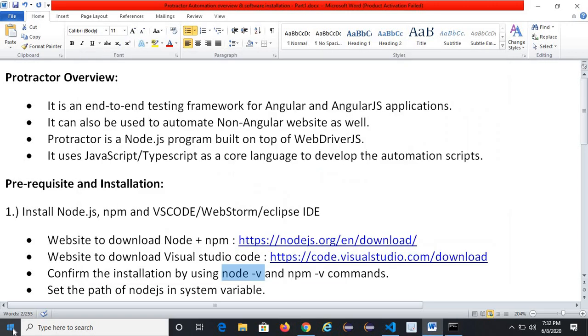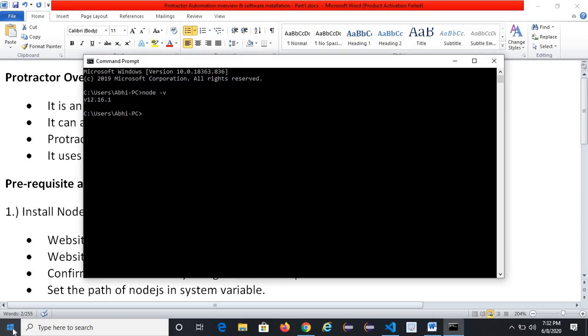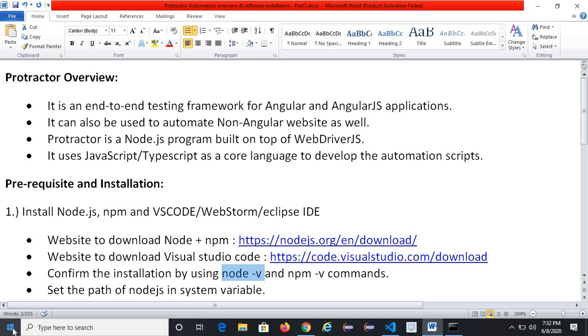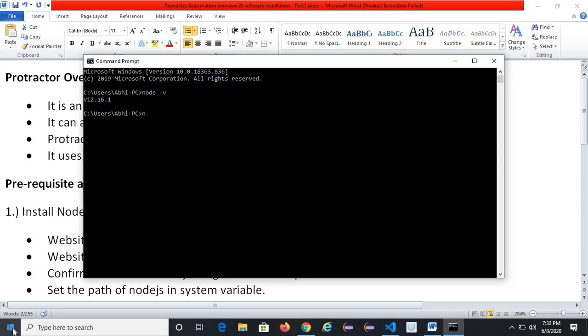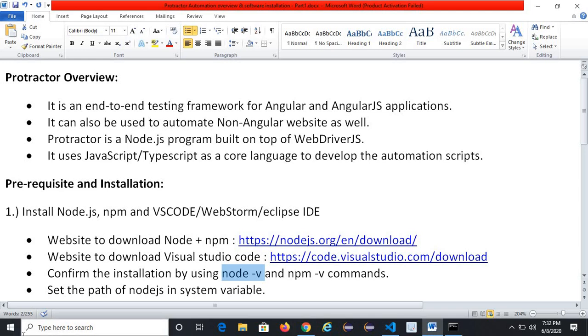Once you download, to know the version of npm you have to use the command npm space -v. The version showing for npm in my system is 6.13.4. So it means that Node and npm are already there in my system.